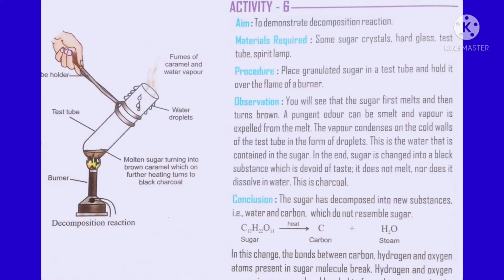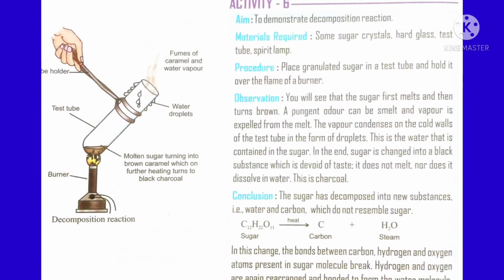For this decomposition reaction, we need some form of energy like sun energy, that is radiation energy, or heat energy, that is called thermal energy. What does this mean? This shows that in order to proceed, decomposition reaction needs some type of energy like light energy, heat energy, etc. So this reaction is called endothermic reaction. Now tell me, what is endothermic reaction? It is a reaction in which energy is absorbed.